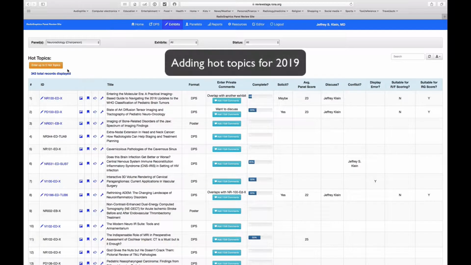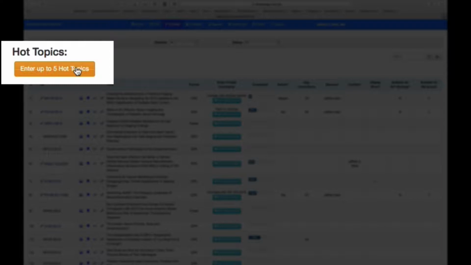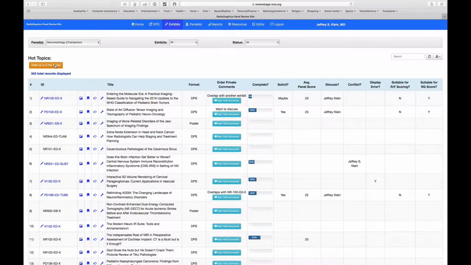The first thing you'll notice is that there is a button on the upper left-hand corner of the window which says Enter up to 5 hot topics. You will need to do this at some point during your deliberations and before you make your final recommendations to us for solicitation for the upcoming cycle. You will not be able to complete your list of recommended exhibits unless you enter the 5 hot topics. So please remember to do that at some point during your panel meeting or thereafter before you enter your final